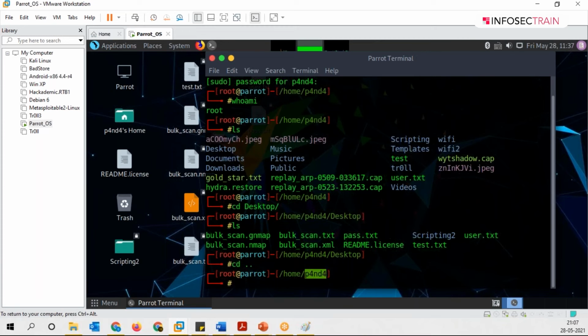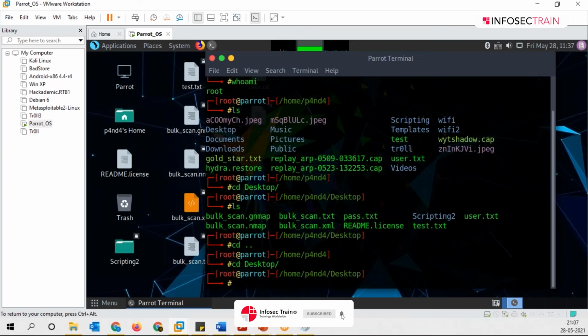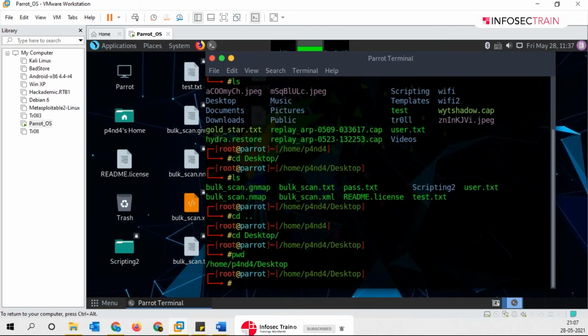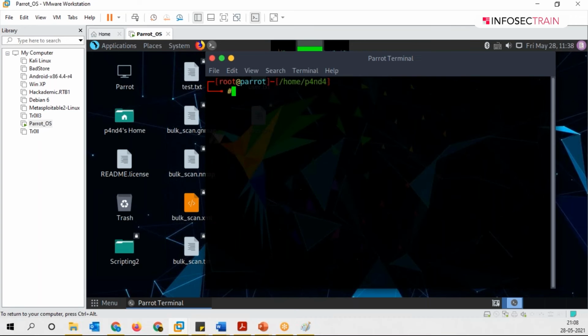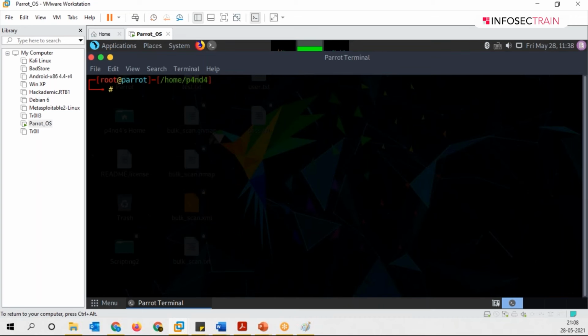Clear? To go into desktop, I will just write cd desktop, right? If I do pwd also, it says home Panda desktop. It will give you the whole path of your present working directory, right? And if I want to go back, I will just write cd space dot dot, and it will take me back to the Panda. Clear? And guys, just one more thing to add on to this one. If you want to clear the whole screen, you can just write the clear command, and it will clear the whole screen for you. Okay, perfect.